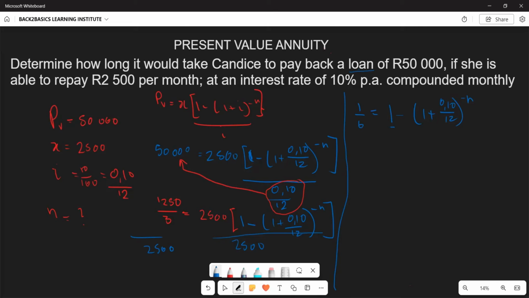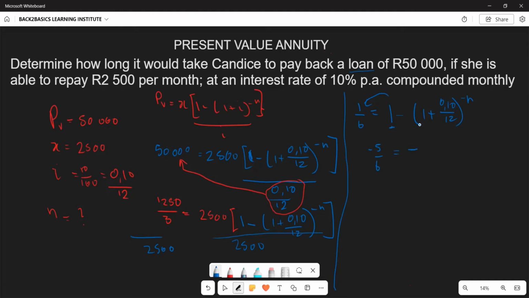And now what you're going to do, you're going to take this one and transpose it to this side. So when you take this one to this side, this is going to be 1 over 6 subtract 1. And 1 over 6 subtract 1 is going to give you negative 5 over 6, which is still going to be equal to